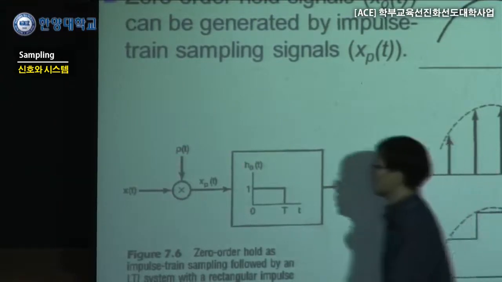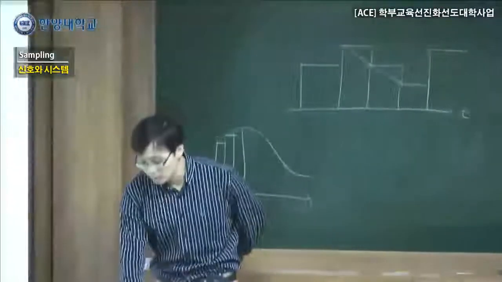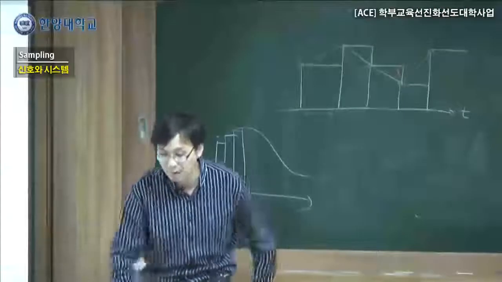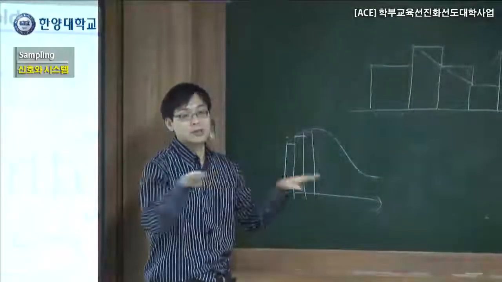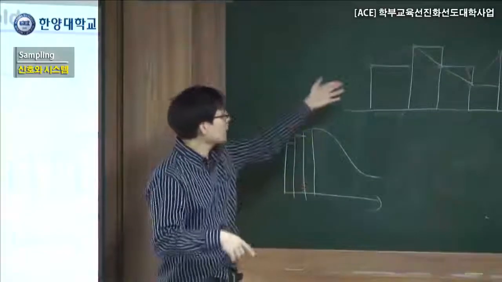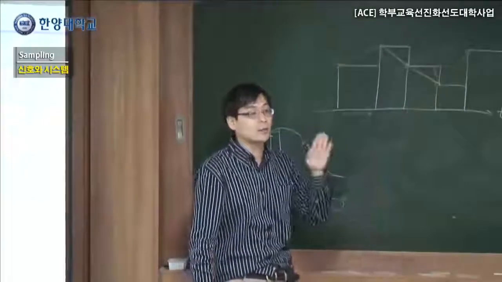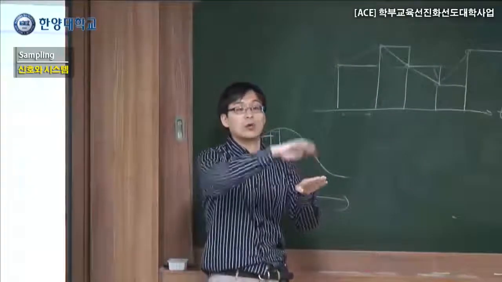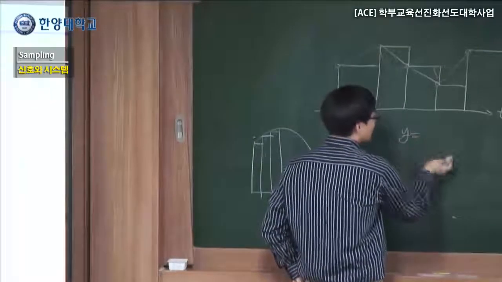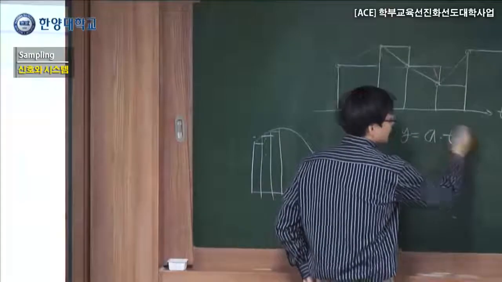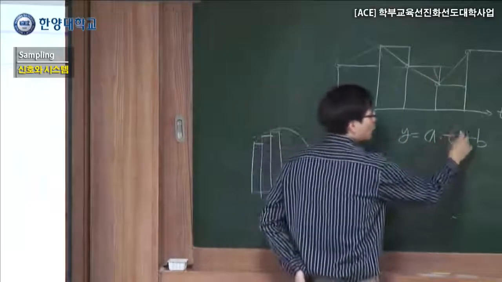So this is one way we can represent our original value using a discrete time signal. So this is zero-order hold. We are using zero order, just holding a constant value. But as you can intuitively say, we can draw a line. Those lines have a slope, and those lines are not flat. So you can think of them as y equals a constant times t plus b, something like this. This is order of one.